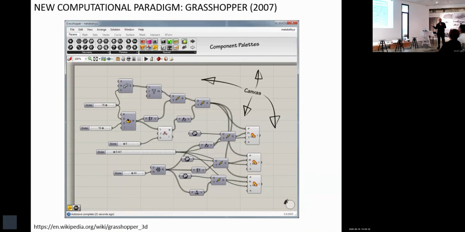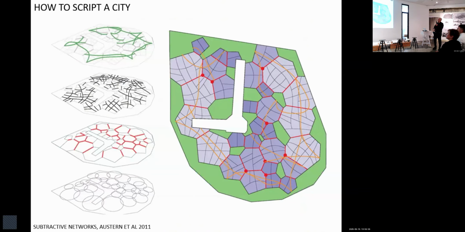Everybody here, I don't even need to introduce Grasshopper anymore, I hope. Right? Okay. And very quickly a tool has changed. So this is not a theory, this is a tool. But its implication, at least in academia, I don't know how much this went to practice, is huge, because now you can script a city.